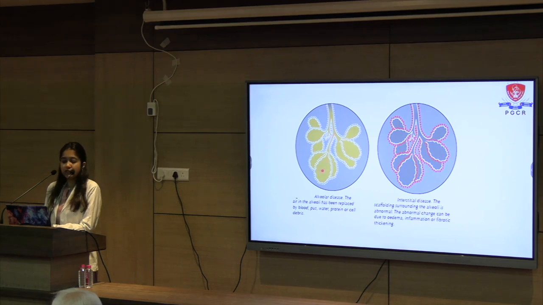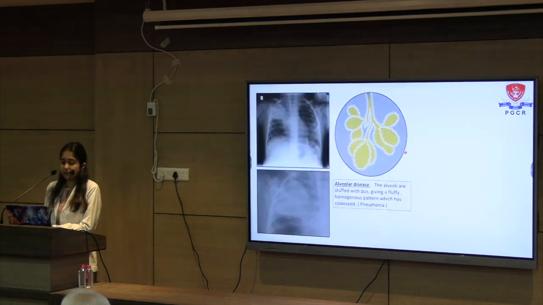These are usually filled with air and appear as radiolucent. But if they are filled with transudate, exudate, blood, lipoproteinaceous content or cancer cells, then they will appear as radio-opaque. In this schematic diagram, in the red shadow, what we can appreciate is the interstitium. Interstitium is anything between the alveoli, which is usually formed by connective tissue, lymphatics, and veins.